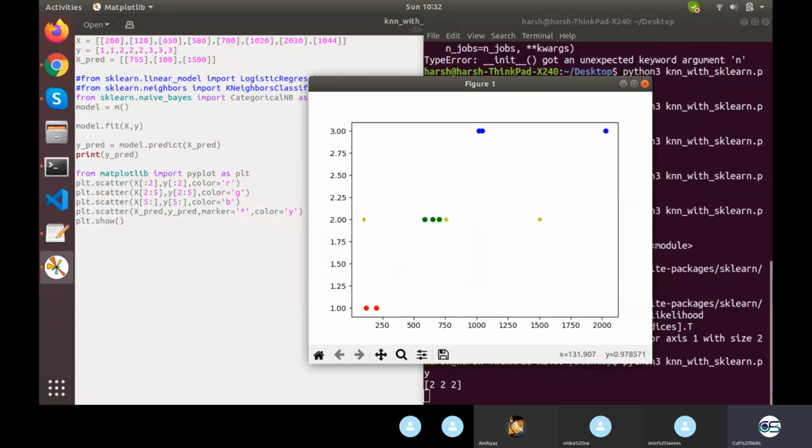Okay, something like this. The circles are the original data points, whereas the stars are the predicted data points. Obviously there is no proper data, so we cannot talk about accuracy here, but it has predicted 2 for all the stars, whereas this should be 1, this should be 2, and this should be 3. We are not talking about accuracy anyhow, because two things are required in our machine learning engine, data and model, and both of them are lame. So we cannot talk about accuracy here.